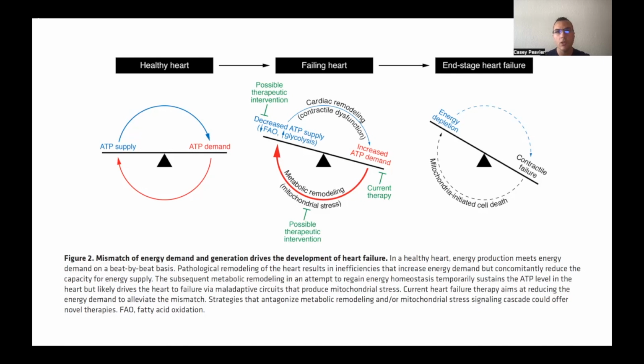However, in a failing heart, you're going to have a decreased ATP supply. When you have mitochondrial dysfunction, they can't make as much ATP, and therefore the supply is going to be decreased. In that case, even a normal demand by the heart is going to be an imbalance. So people who have heart failure have a very low tolerance for exercise or activity because they can't keep up with that increased demand.